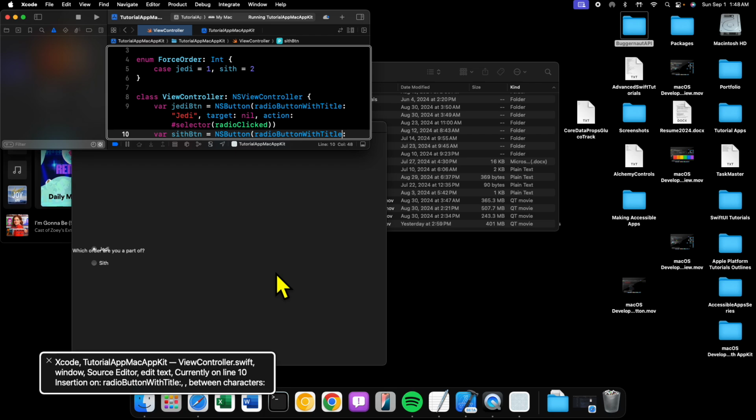Now, usually, the most efficient way of determining which radio button we are working with, by determining which radio button was clicked, we use what's called a tag. Now, a tag is a simple integer that is used to uniquely identify each radio button that is associating itself with that action method